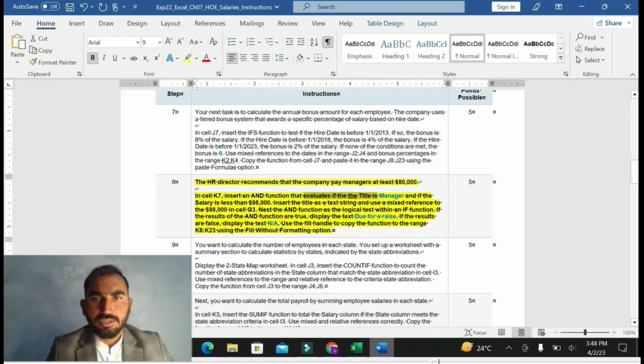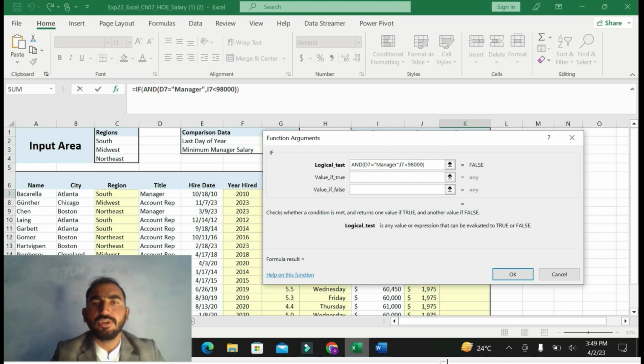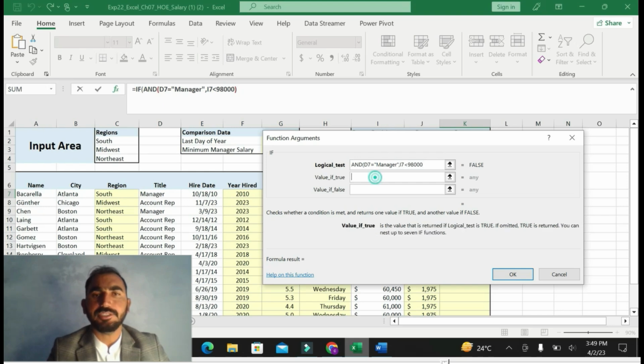In the function arguments, manager, I7 less than $98,000 in the logical test. You can see here, I am going to do step number 9. If the value is true,